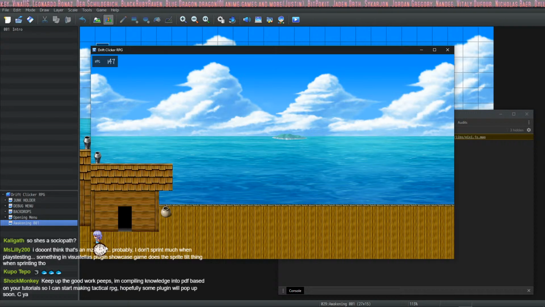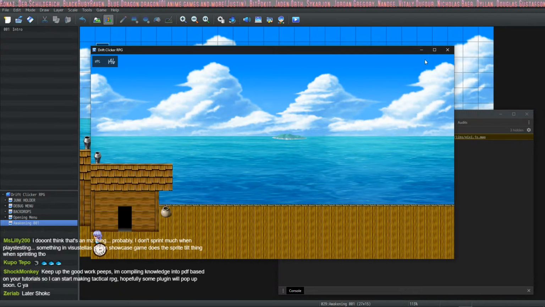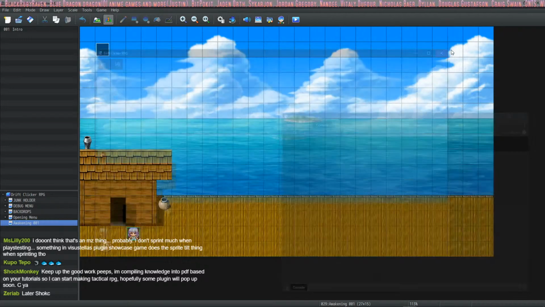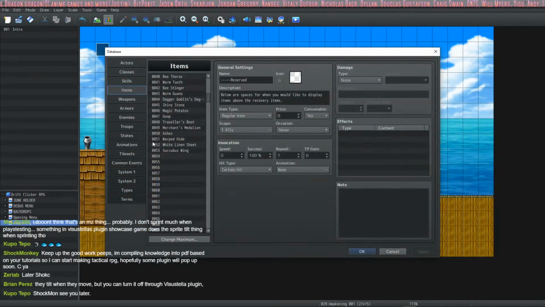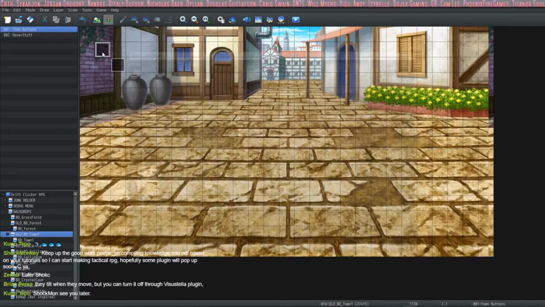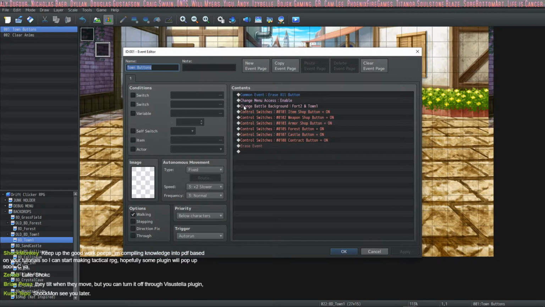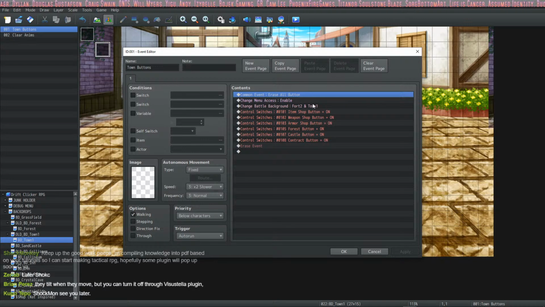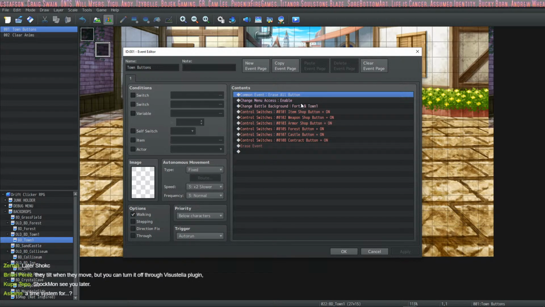Can you turn it off, turn it on, however you want? Great. Yes. All right. At that point, I should just turn on buttons. So I'm going to run common events: enable access, erase all buttons, change battle background, and then I turn on switches for the buttons I want.